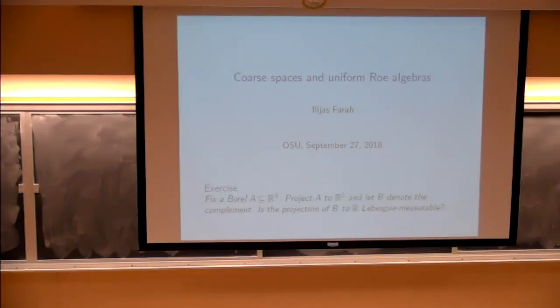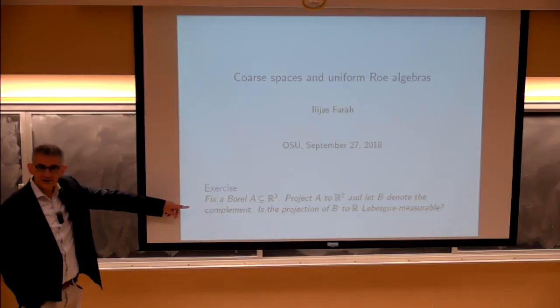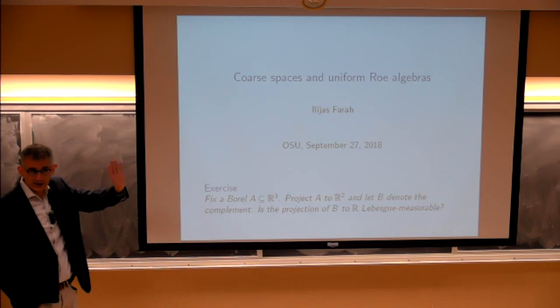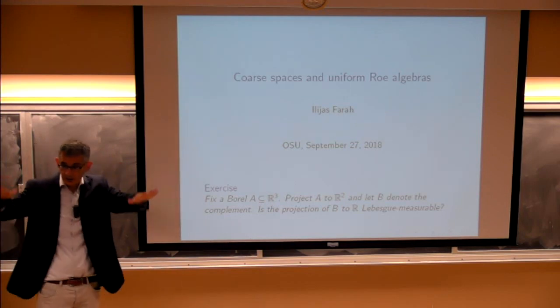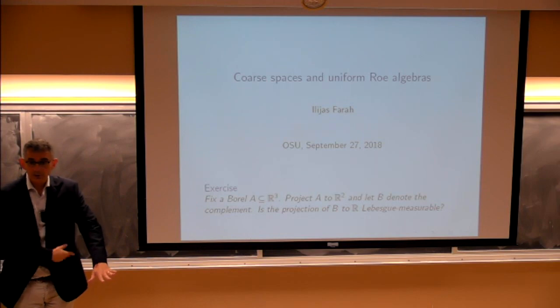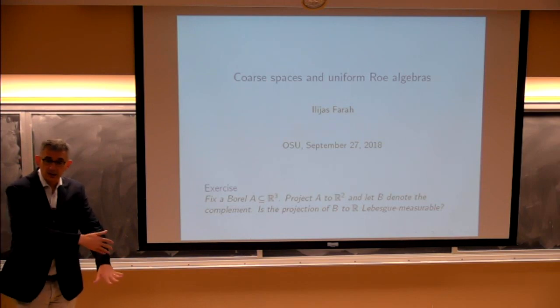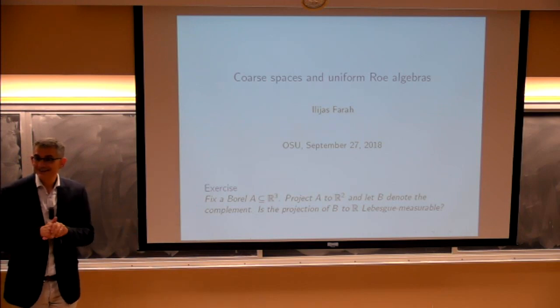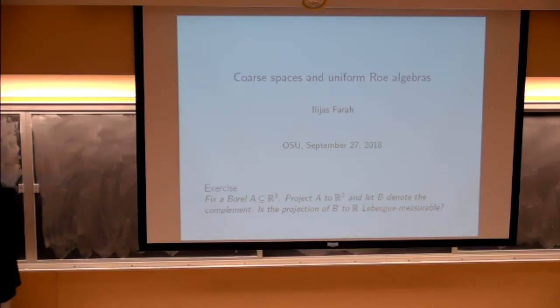But now, here is my talk. And again, okay, I have another exercise, which I mentioned to the students, so they're a little bit ahead. But here's the question. Fix a Borel subset of three-dimensional space. You can take a G delta set. It doesn't have to be a complicated Borel set. Project it to the plane. Take the complement. Project that to the line. So the question is, does that set necessarily have to be Lebesgue measurable? It sounds like a simple real analysis question, right? Okay, we'll come back to that as well.